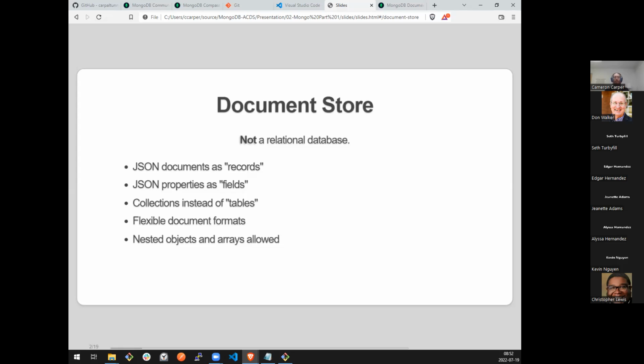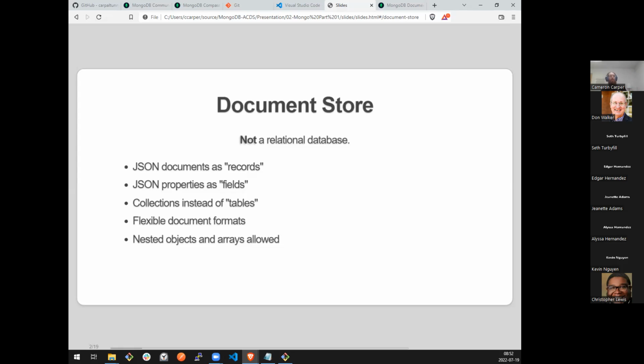MongoDB is what's called schemaless by default, in that it has flexible document formats. We do not necessarily need to specify our quote unquote fields or columns or the properties in our documents. We also don't necessarily have to define their types. And we can have two documents that have exactly the same property name, but different values or different types stored in them. That is not necessarily a great idea, but it is possible if we stick to a 100% schemaless format.